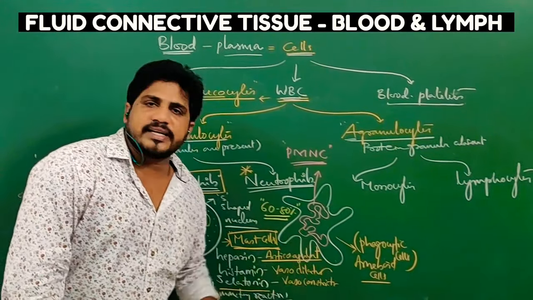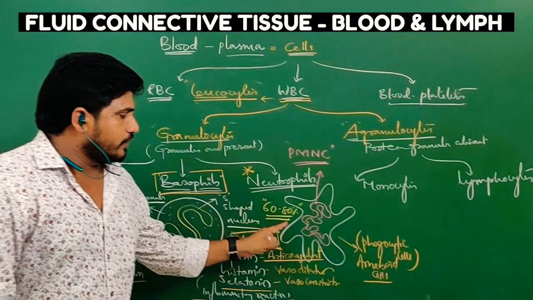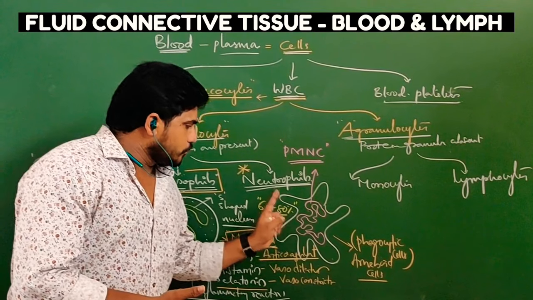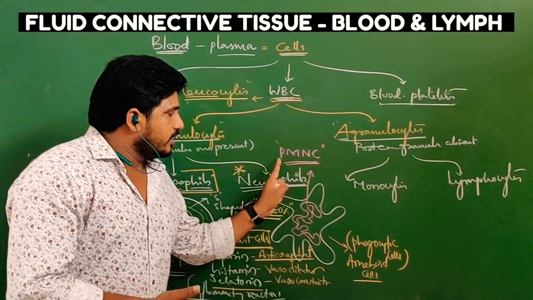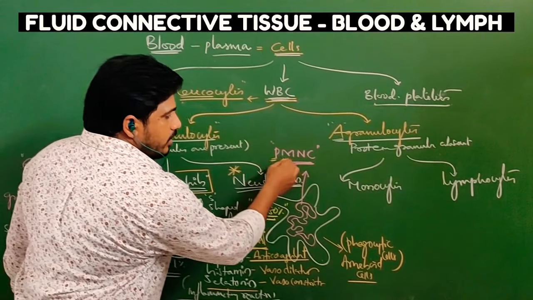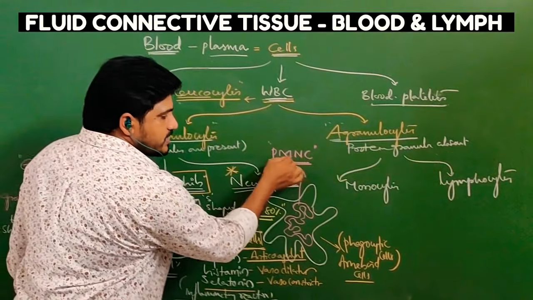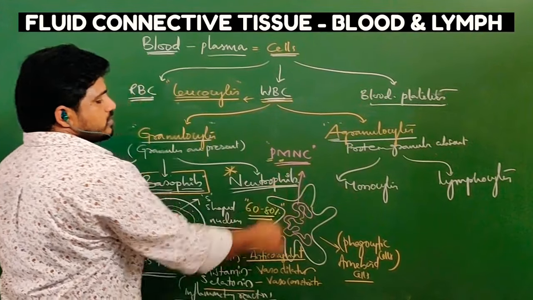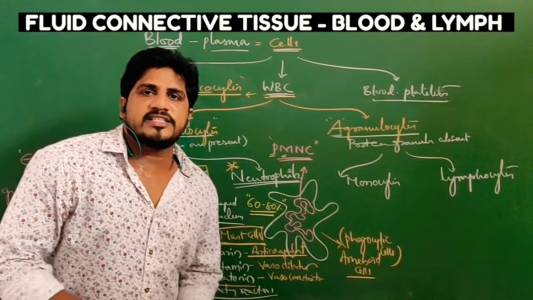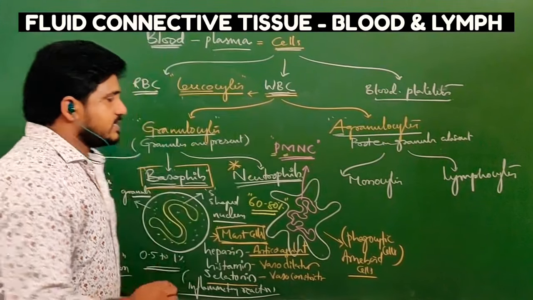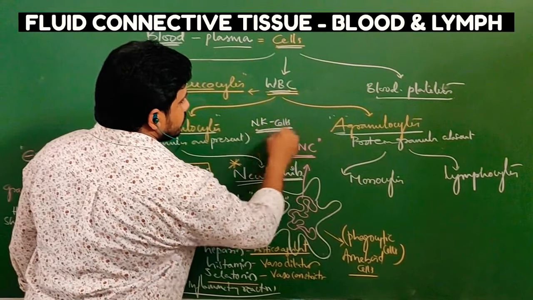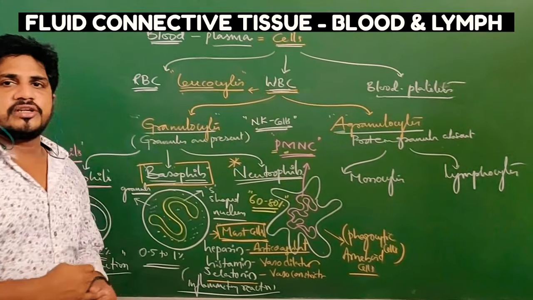These neutrophils are phagocytic in nature and have a multi-lobed nucleus, and due to the presence of the multi-lobed nucleus, they are also called polymorphonuclear cells. Poly, many, morpho, shapes. So the nucleus has many shapes, meaning many folds. That is why neutrophils are also called PMNC, and are generally called killer cells or natural killer cells, NK cells.